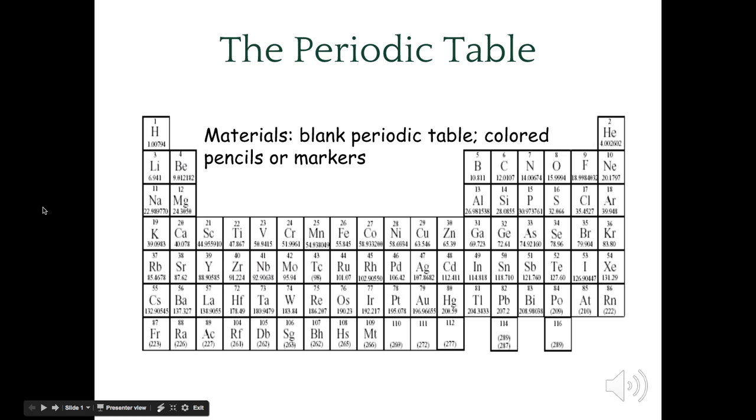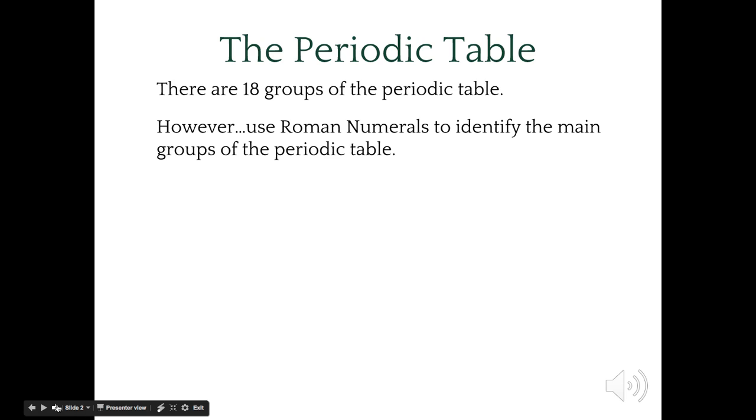All right, so we're going to begin our lesson on the periodic table. Before you begin taking a look at the video, make sure you have a blank periodic table in front of you, colored pencils or colored markers. Take a look at the periodic table and you look at the vertical columns, you'll see that there are 18